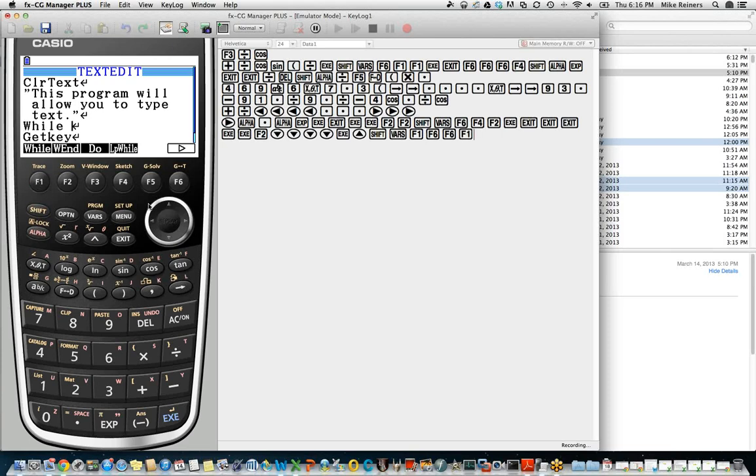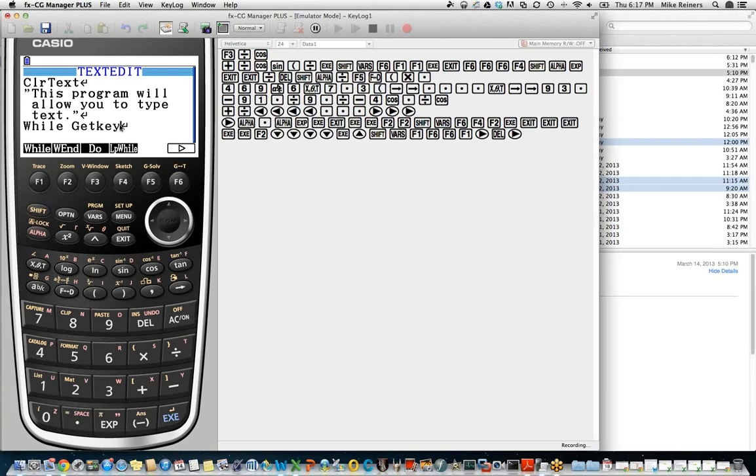So we're going to say While, and now I'm going to go down to the next line and move my GetKey command back up to this line. So I'm going to press delete. And what I want to say is, while GetKey is 0.